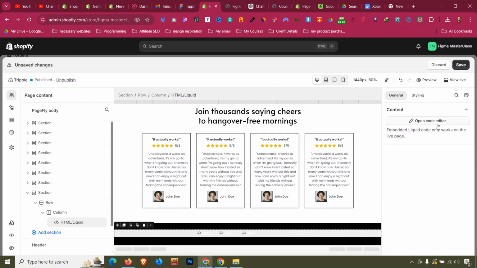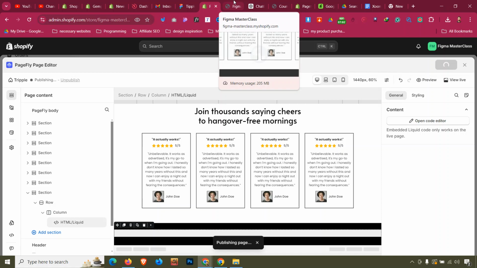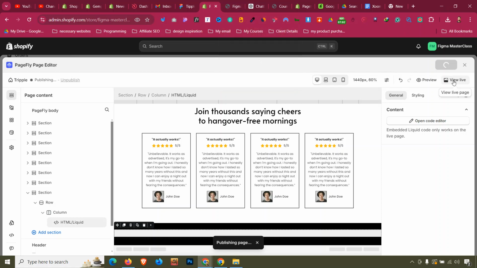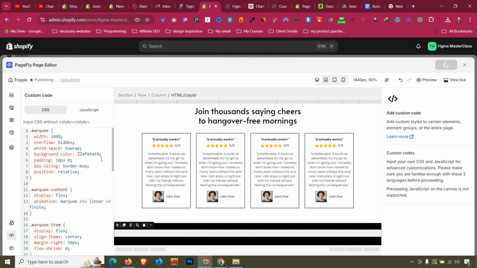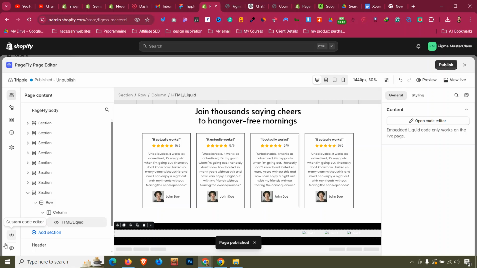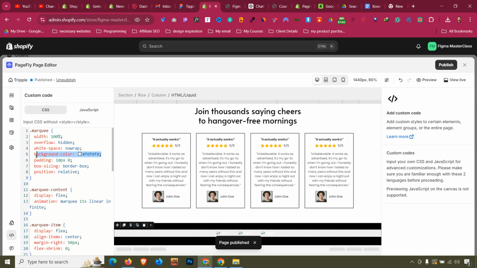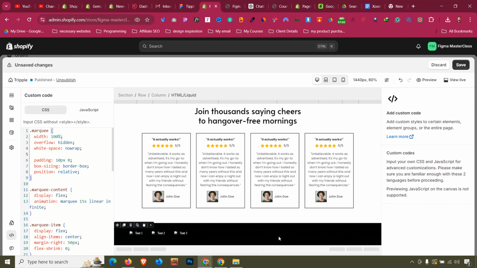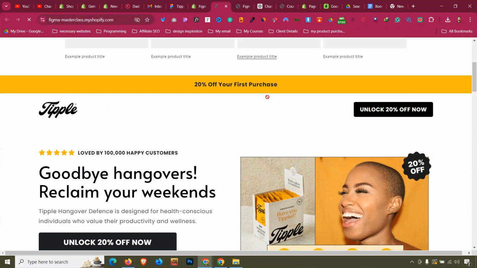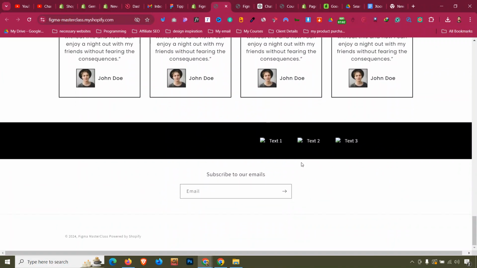Okay, now if I click control shift s, now the text should be showed. Okay, and there is a background color, I think, which should be removed. So let's click this custom code and I will remove this background color from here. Okay, so now control shift s. So now click on view live page, and if I scroll down, now you can see the text is scrolling,